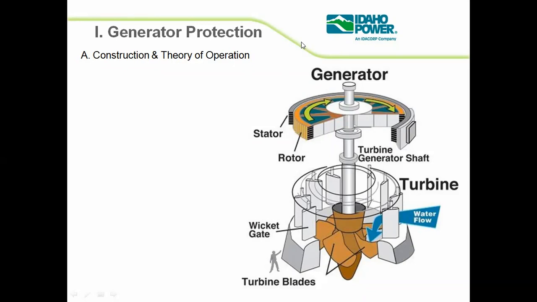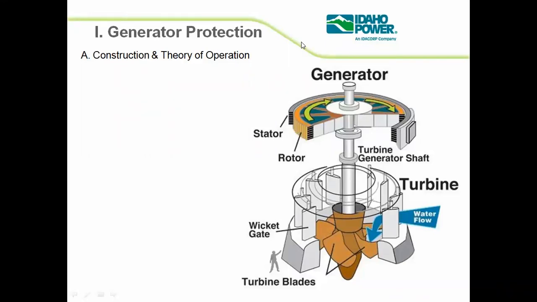If you use the same type of generator in a thermal power plant, the only difference is that in a hydroelectric power plant we use a water turbine, but in a thermal power plant we use a steam turbine. The rest of the procedure and principle of operation are the same. So this generator plays a very vital role in a generating station to generate electricity.